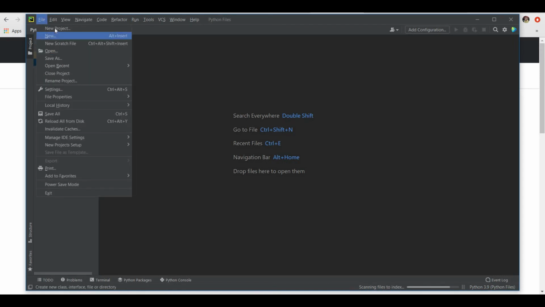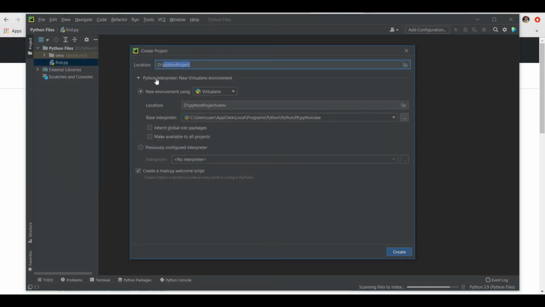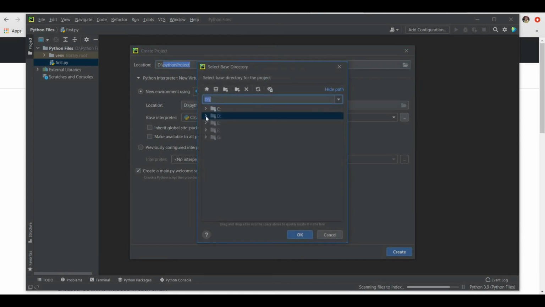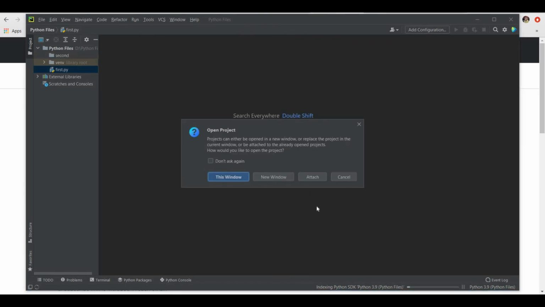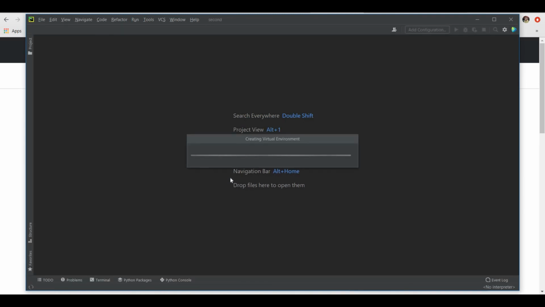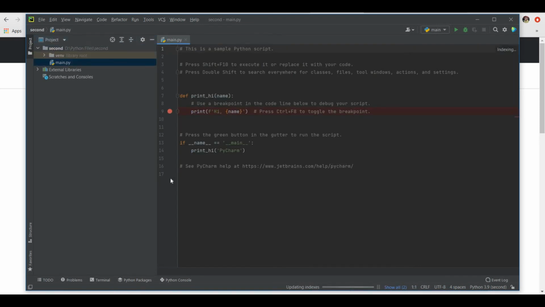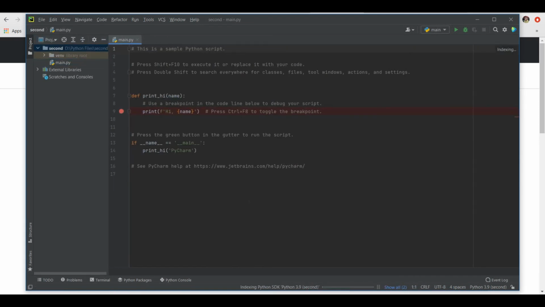After getting the location, hit the create button. Now you can write the name of the file and create. Now it will show you some text data. You can remove all of the text and you can write your program.